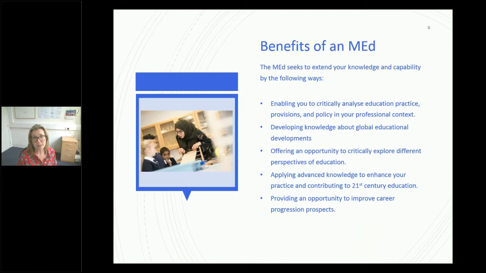So the benefits of undertaking a master's degree or the Master of Education, which helps you to extend your knowledge and capabilities, which bring together the theory alongside your practice. It encourages you to draw on your experiences and align them with the theory and vice versa. It enables you to question why we do certain things and whether there are any alternative ways that practice can be enhanced. All of which help you to develop and extend your own confidence and understanding and enhance your professional